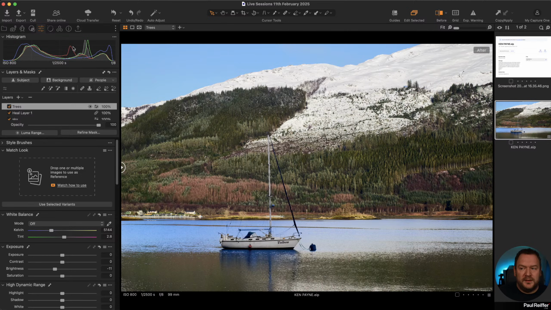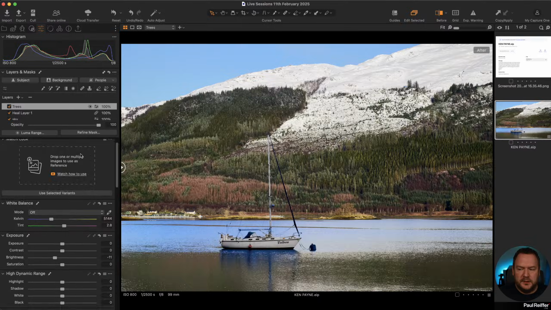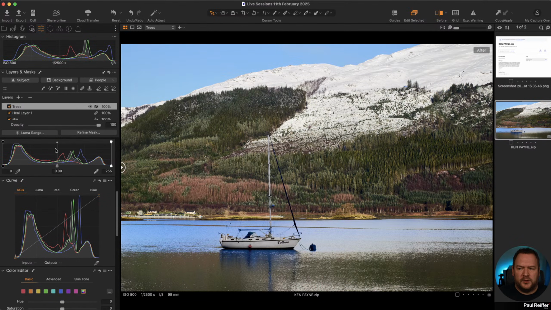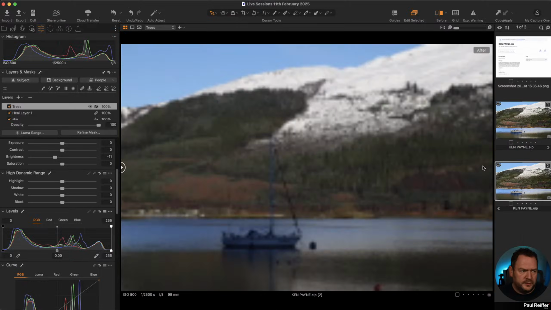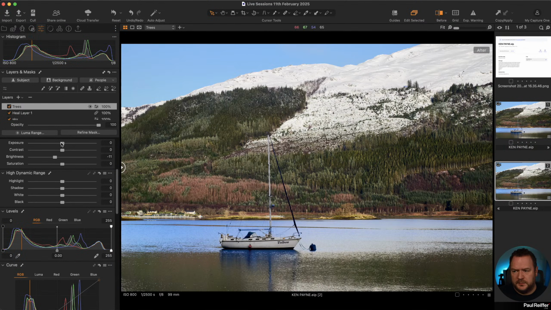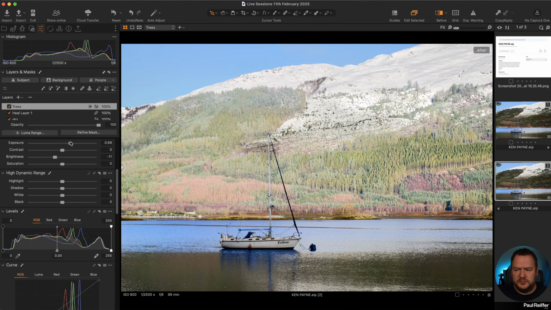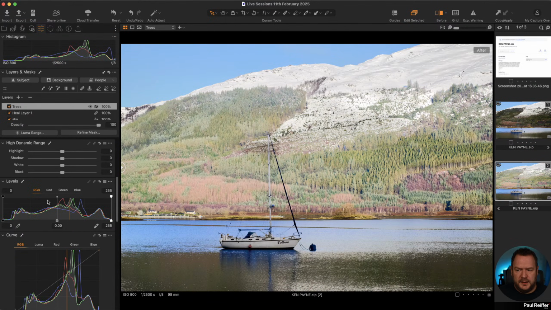And more importantly, this is your output histogram. So bear in mind, not all of the histograms are output. What I mean by that, let me just clone the variant so that we're not editing Ken's original. If I shift my exposure, this is showing me here what I'm getting as the output from Capture One. In here, as I start to manipulate things like curves, you notice that this histogram is changing, my output histogram.